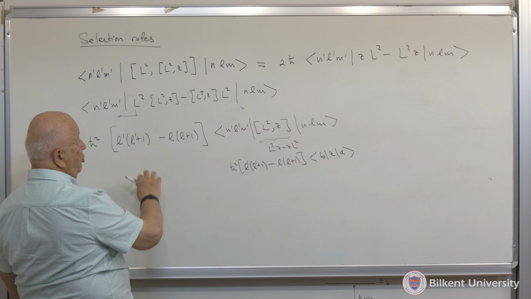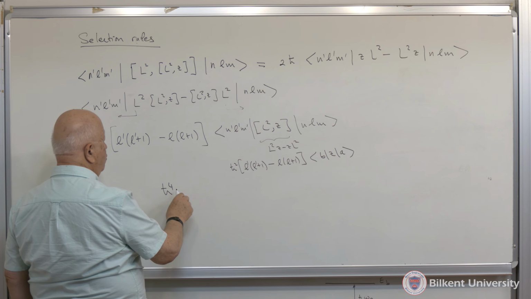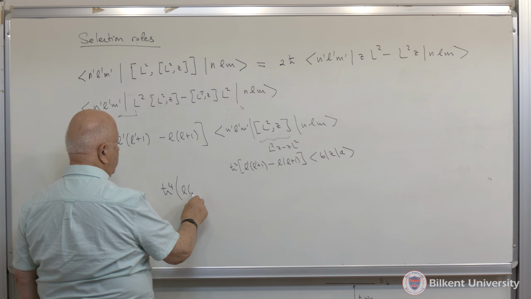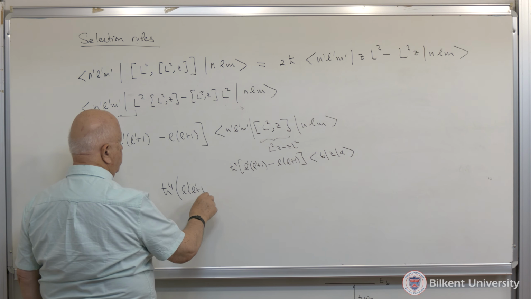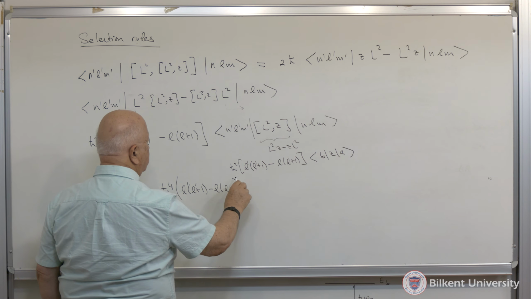So the whole left-hand side becomes h bar to the 4, this l prime plus 1 minus l plus 1 squared,